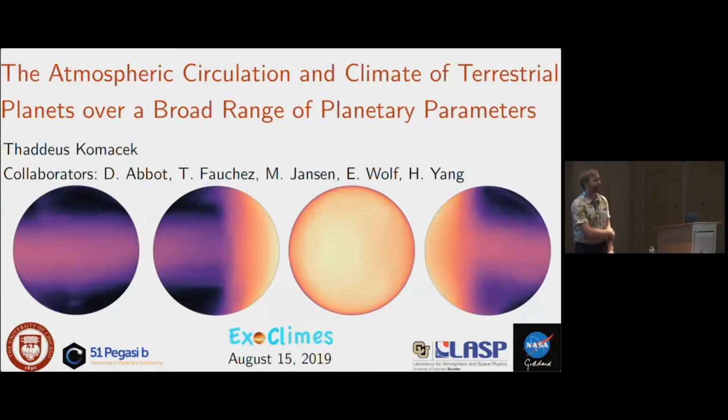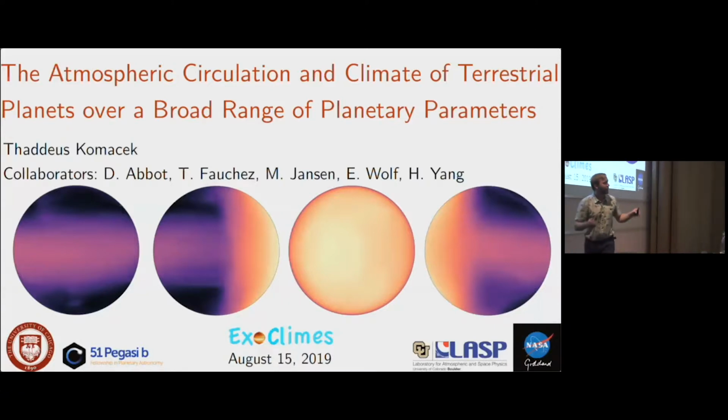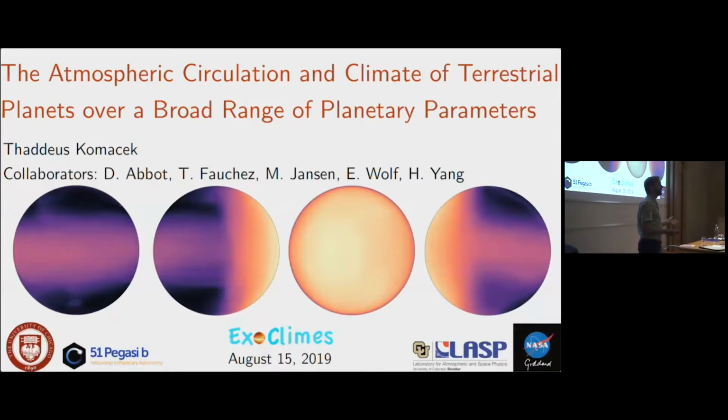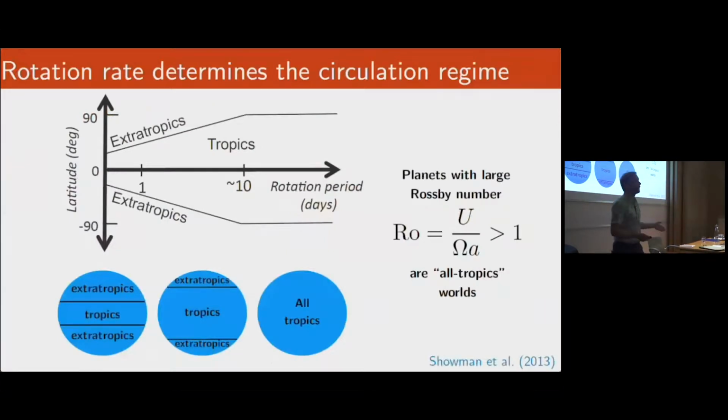This talk is kind of a shift from prebiotic chemistry to atmospheric dynamics. So let's all take a deep breath, and get back into the headspace we were in this morning and maybe yesterday and Tuesday. I'll be talking about the atmospheric circulation and climate of terrestrial planets orbiting both sun-like stars and M-dwarf stars. This is following off of one of Martin's slides from this morning. One theme I'll come back to again and again is the effect of rotation on atmospheric circulation